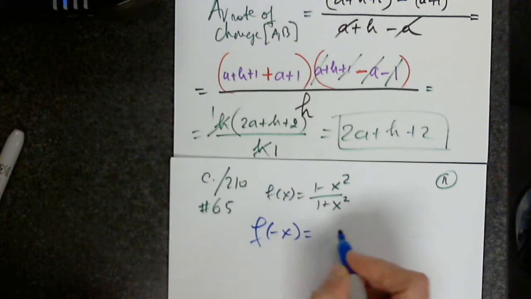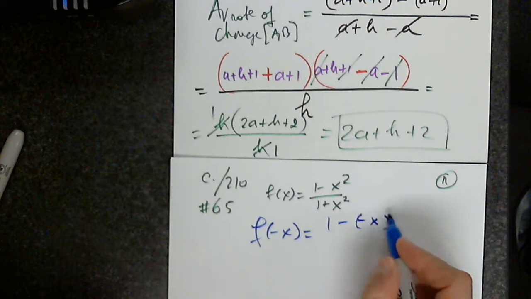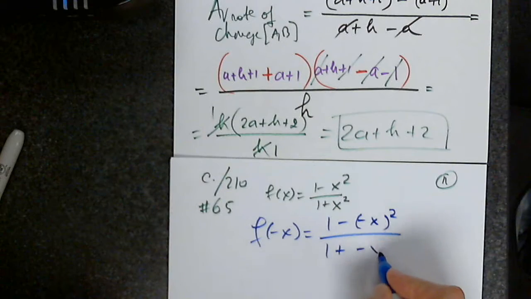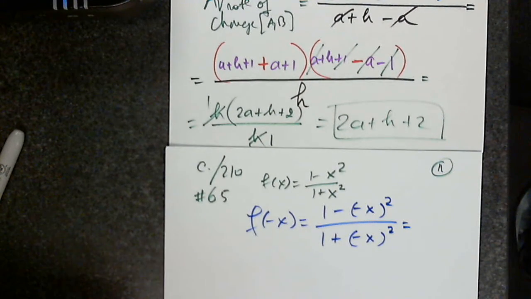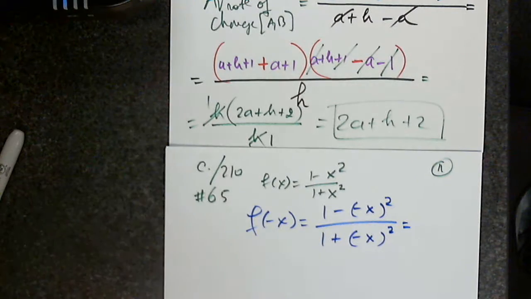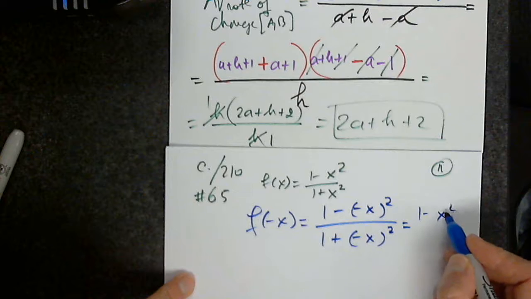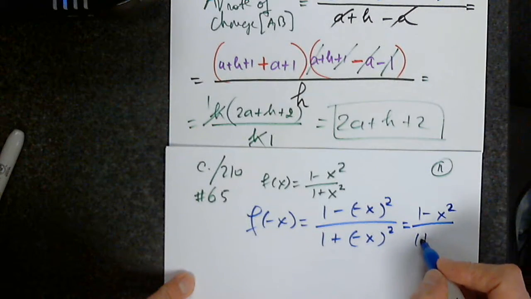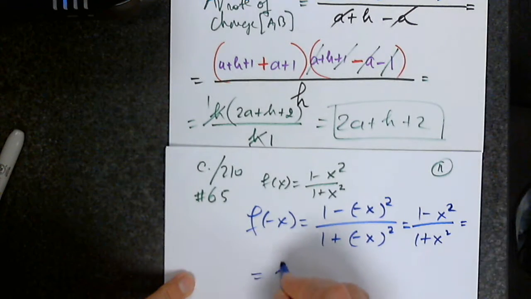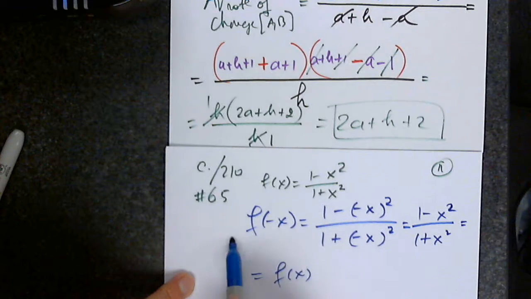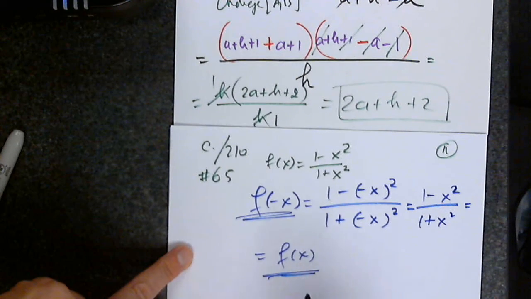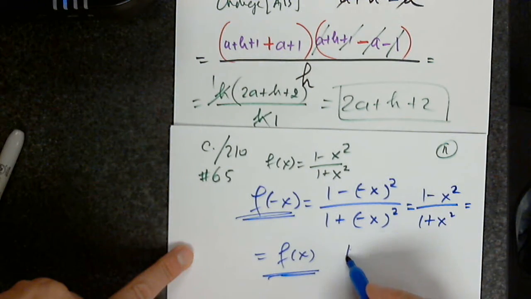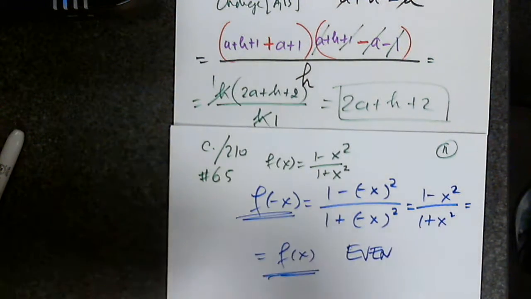Very good. F of negative x, 1 minus negative x squared over 1 plus negative x squared. But negative x squared is x squared. So this is 1 minus x squared divided by 1 plus x squared. It turns out that is the original function. And this is typical for what type of function? When f of negative x equals the original function, the function is even, which means if you were to graph